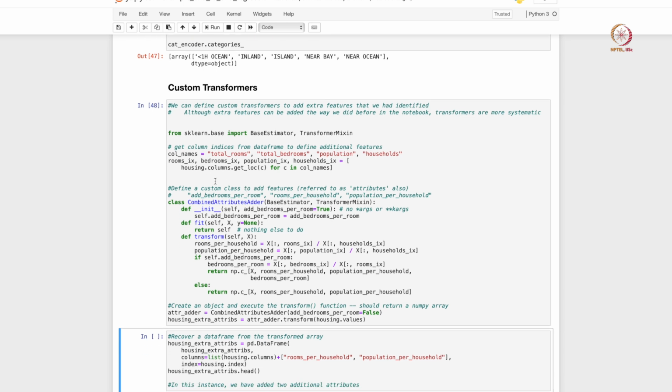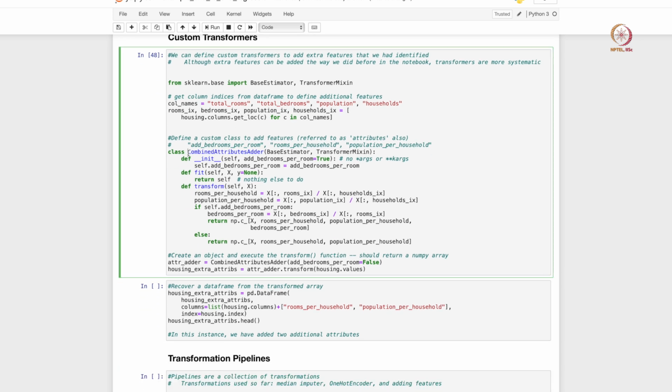That is from the scikit-learn base library, which we have done, and then I am going to define a class called CombineAttributesAdder. It is a class meant for combining different attributes, creating new attributes and then adding them to the data frame. That is what this class is supposed to do, and the attributes that we are going to try to add are bedrooms per room, which is one feature that we had introduced in the last lecture to be quite useful. The second one is rooms per household, and the third one is population per household. So we have defined these 3 as our new features that we are going to calculate on the fly and then add to the data frame.